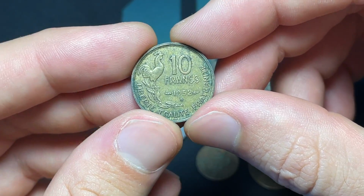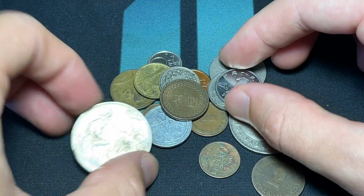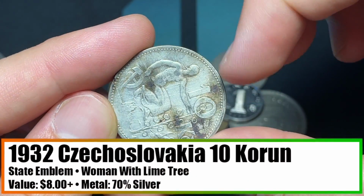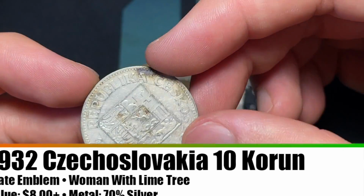Or socialist Germany. And then 1952, 10 francs right there, pretty worn down. This one also looks like it's going to be silver. Now, you can see some of the hairlines on it. It's really been harshly cleaned, but it's a 10 Koruna coin. Really neat. 1932 from